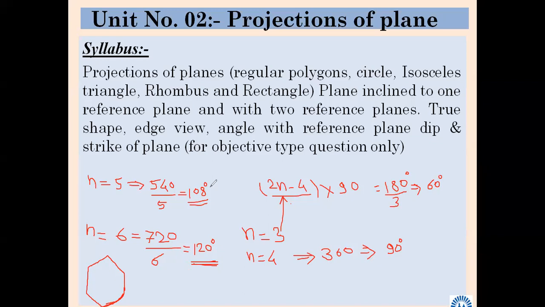So this is what we were just discussing. What is the conclusion of this regular polygon? This angle is most important: 108. Internal angle of a regular pentagon is 108. Internal angle of a regular hexagon is 120. We require 108 while drawing the pentagon. Without taking the 120 angle also we can draw a hexagon, no issue. So that is about this.